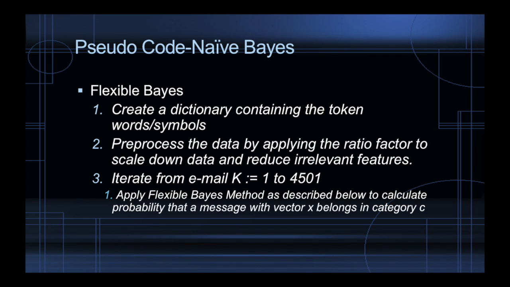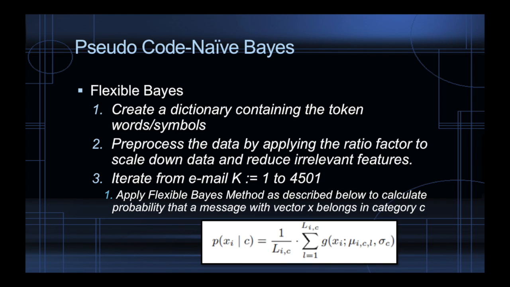The formulas that we are using come from an article that we read, Spam Filtering with Naive Bayes, Which Naive Bayes? As opposed to using a single normal distribution, the flexible naive Bayes method averages several normal distributions of each attribute of the emails to determine the probability that an email is spam. Hence, the function sums